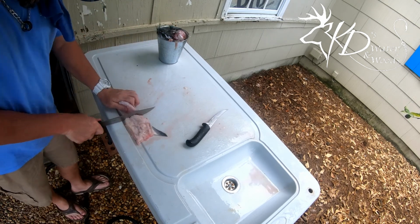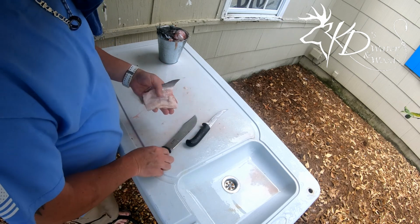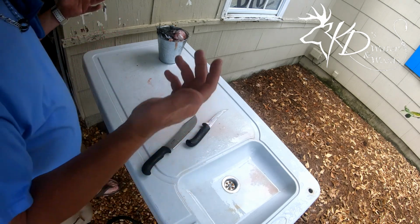Pop it just like that. Look there. Look at all that meat on that piece. It's a great piece of fish. There's even meat on that, so I'll fry that as well. So there it is, y'all. Very simple